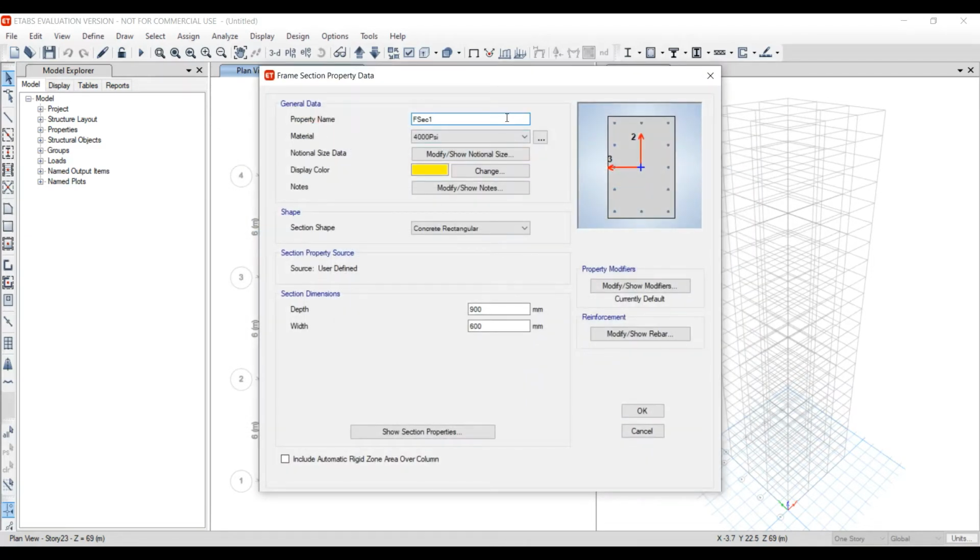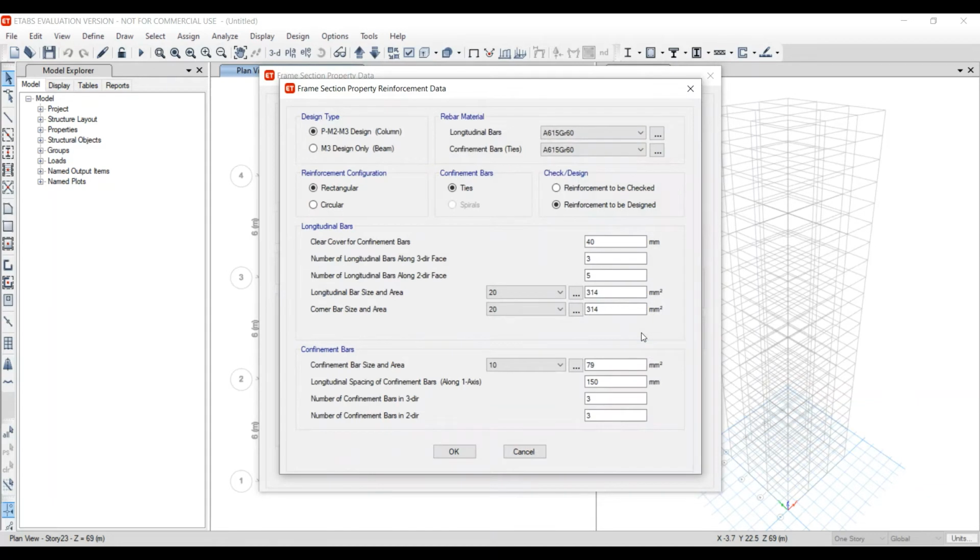First we define the beam of section 500 by 300. Name it as the dimension of the beam, so it is easier to understand. It is 500 by 300.